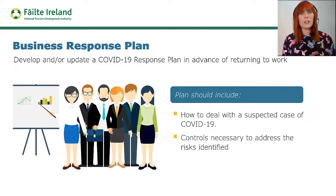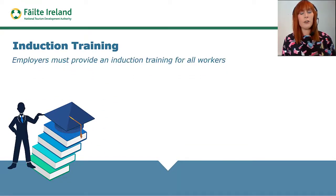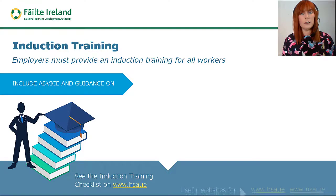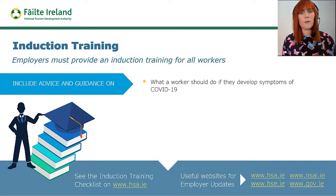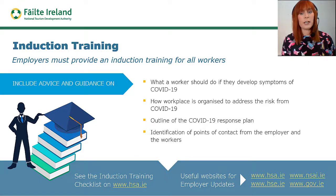The next key area to look at is induction training. It is an obligation that employers must provide an induction training for all workers. This training should at minimum include the latest up-to-date advice and guidance in relation to public health. Things like including what a worker should do if they develop symptoms of COVID-19, details of how the workplace is organised to address the risk, an outline of the response plan, points in relation to forms of contact with employers